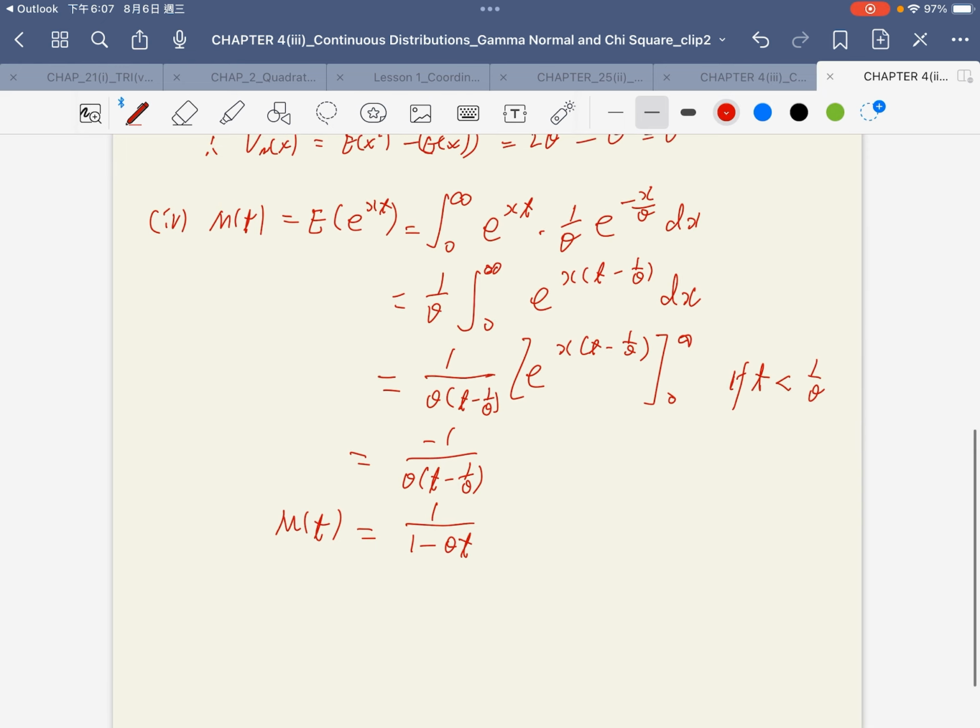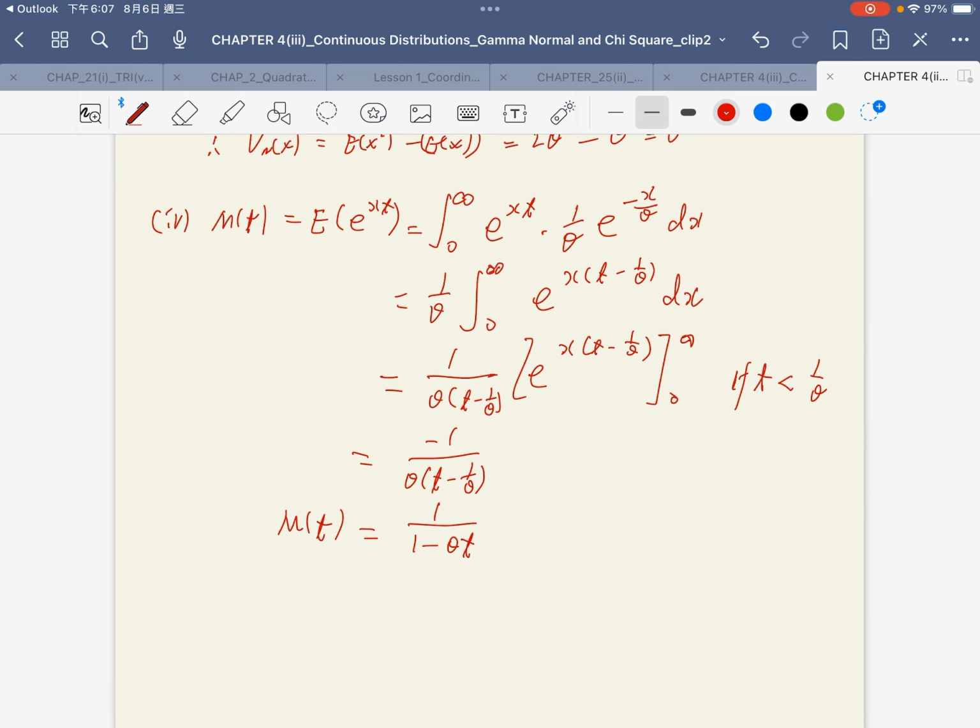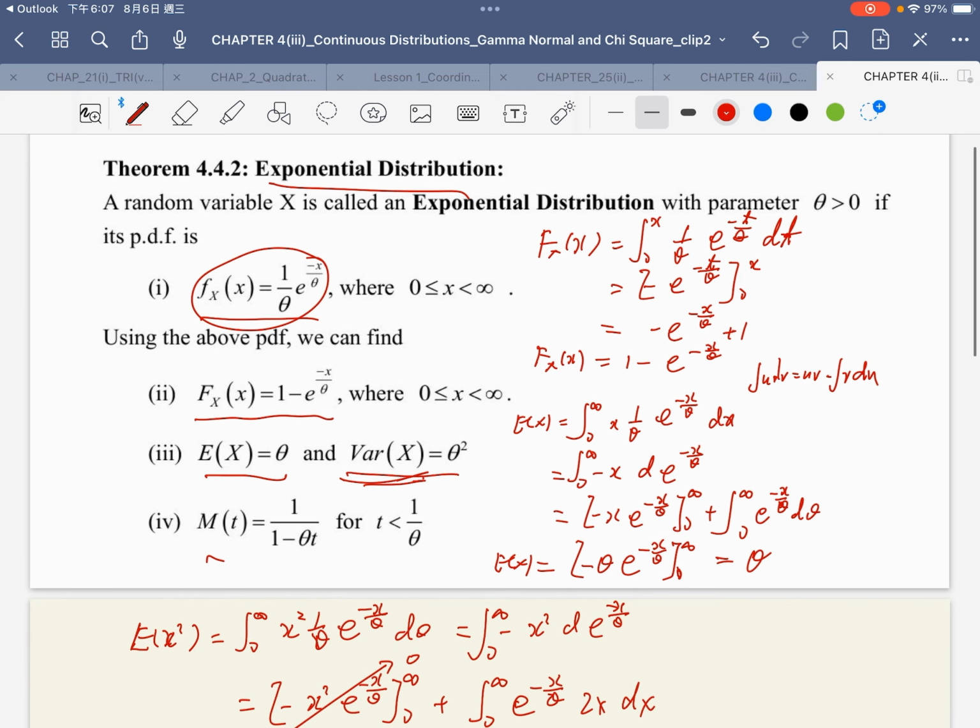That is the moment generating function of the exponential distribution. Okay, I hope you can enjoy this video, because here I tried to share the proof of the mean, variance, and moment generating function of the exponential distribution. In another video, I try to prove the uniform distribution. Also, I will prove the gamma distribution. I will also do some other important theory, making videos one by one so that you can learn these topics easily.